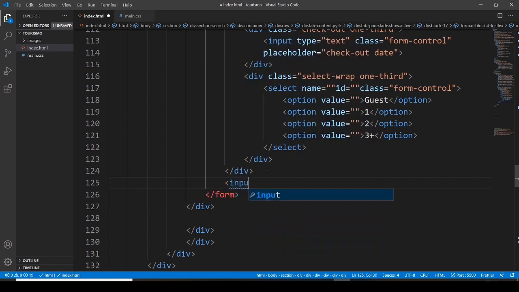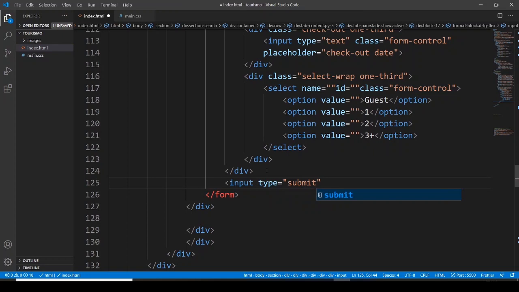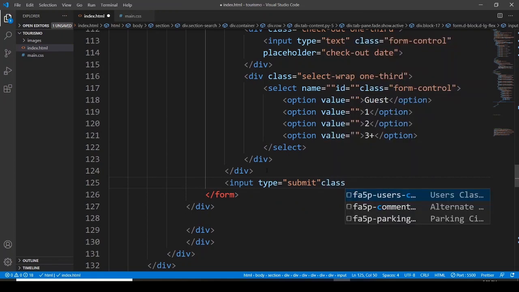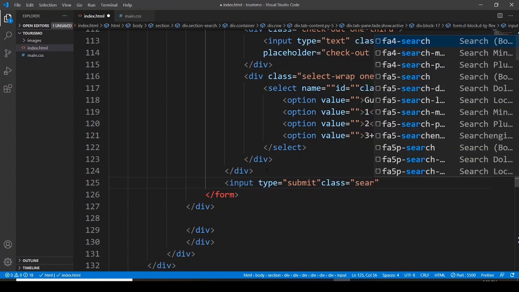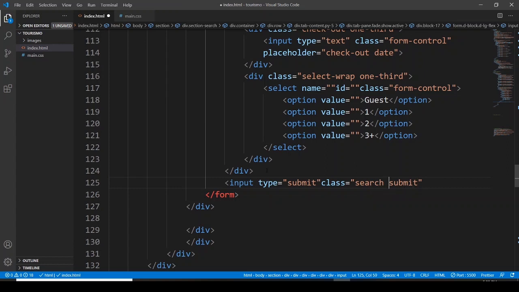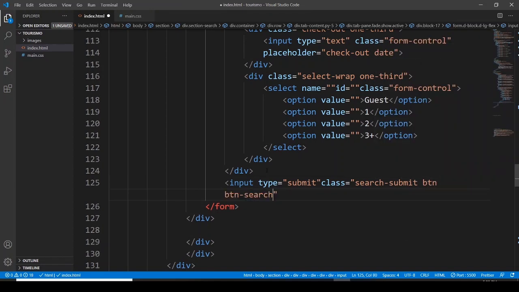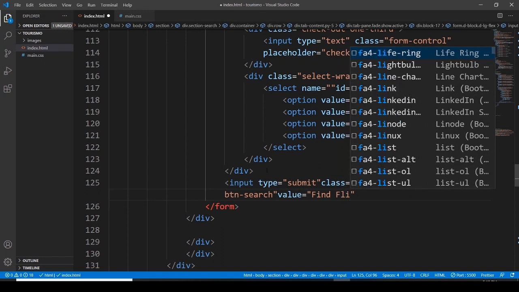Okay, let's go with another input element. The type for this input element is going to be submit, and the class for this is going to be search submit button. So search submit. Here should be search submit btn. Let's see, search, and the value I want to have here is going to be, value, not here. Value for this is going to be find flights. Okay,